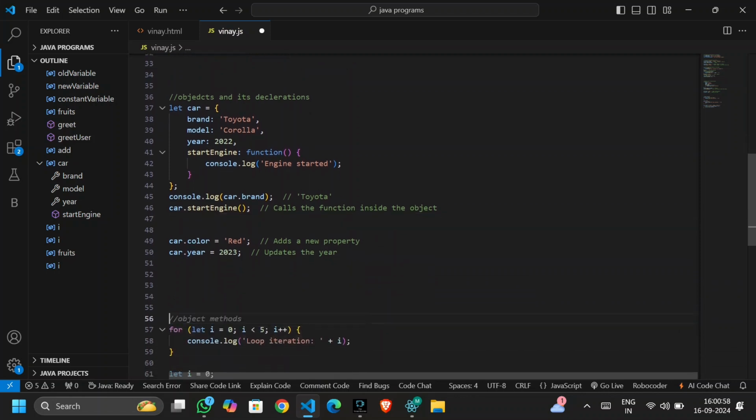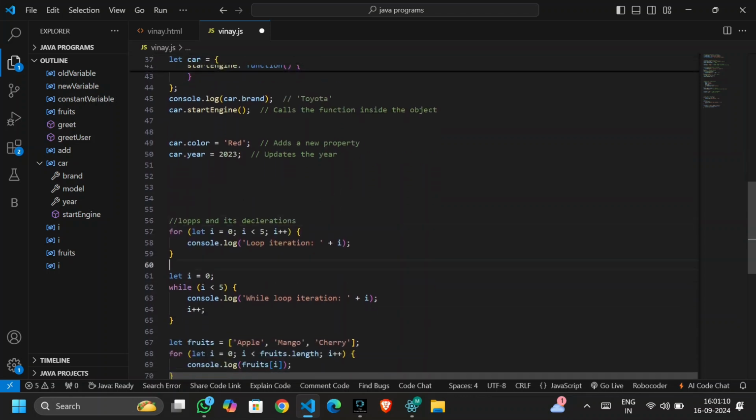Now we talk about loops. Loops are used to run a block of code multiple times. JavaScript offers several types of loops, but the most common are for loops and while loops. Here is a basic for loop: for let i is equal to 0, i less than 5, i plus plus. Here the loop will run 5 times, printing the value of i from 0 to 4. The loop has three parts: initialization, condition, and increment. Here i is equal to 0 is initialization, i less than 5 is the condition, and i plus plus